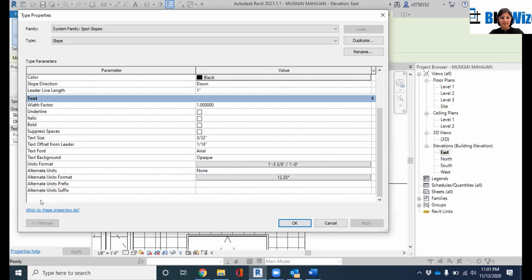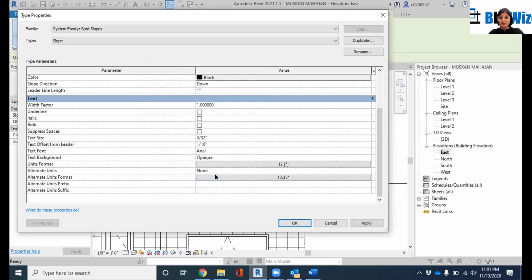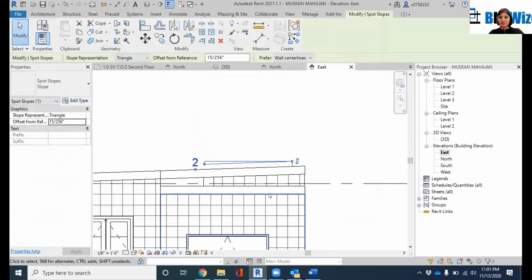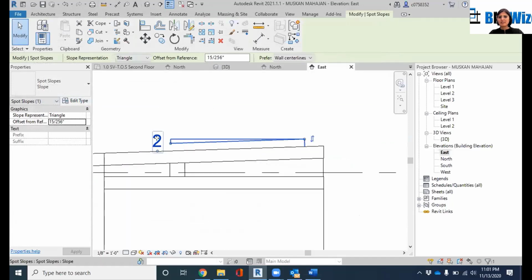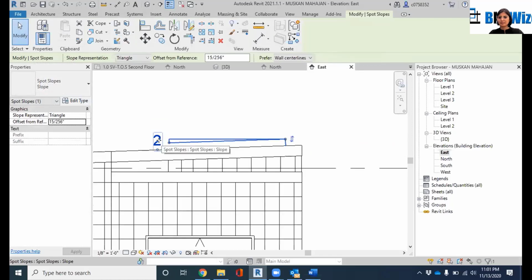We can do all of that. We can also provide alternate units. Right now it's rise over foot, but I can also provide degrees in here. So let's say I want this and I apply. Now this is telling me it's a 2-degree slope,